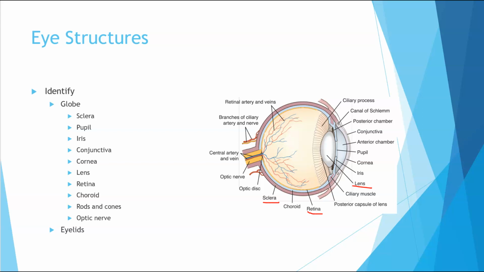Cones, on the other hand, are important in vision where there is bright light. So for acute vision, or receiving sharp, detailed images, and color vision, there are three specific